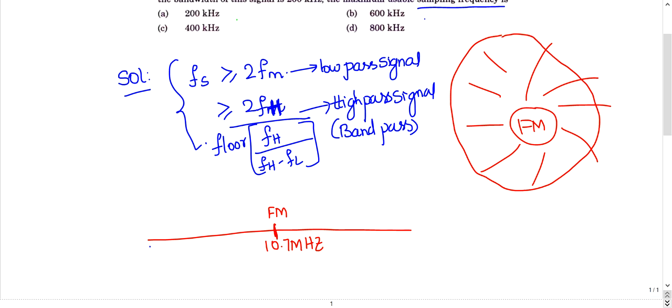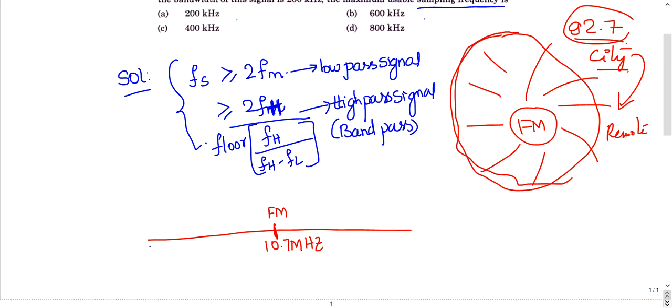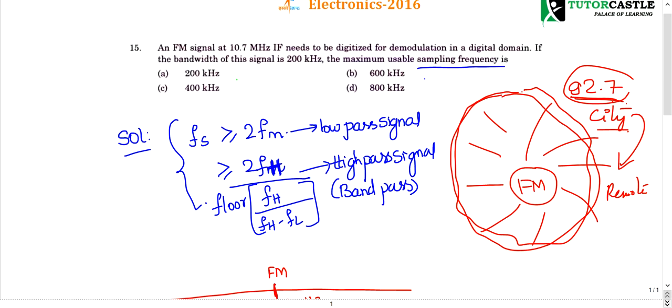Just like you can hear some FMs like 92.7 FM. Some FMs you can hear only in the cities, and they are not clear if you go to remote places. That indicates the bandwidth is limited to a certain area. In a similar way, the bandwidth of a certain FM is given, and its center frequency is like 92.7, here 10.7 megahertz, and it needs to be digitized for demodulation in the digital